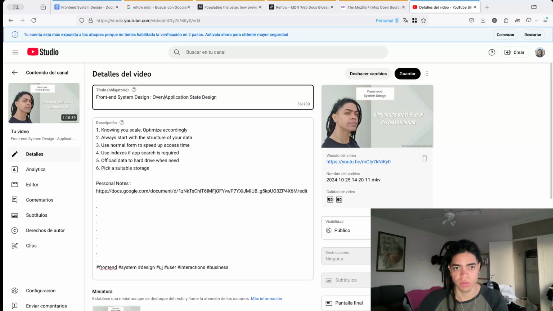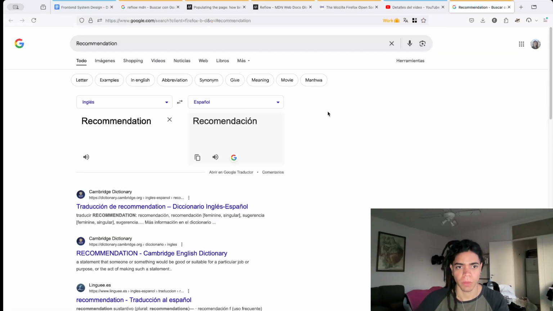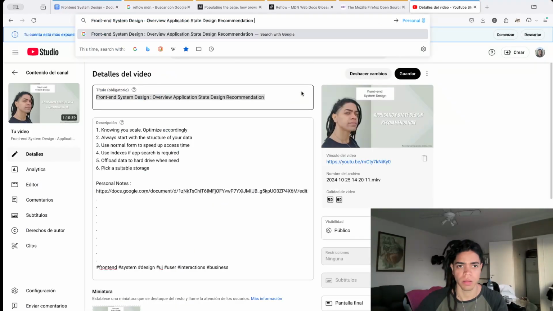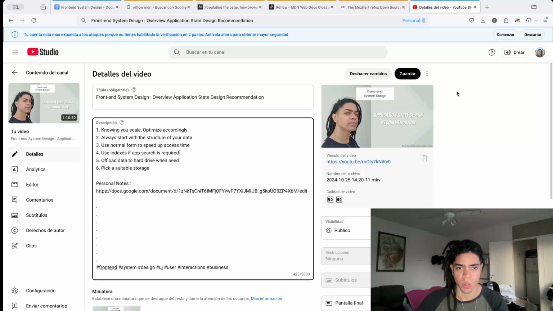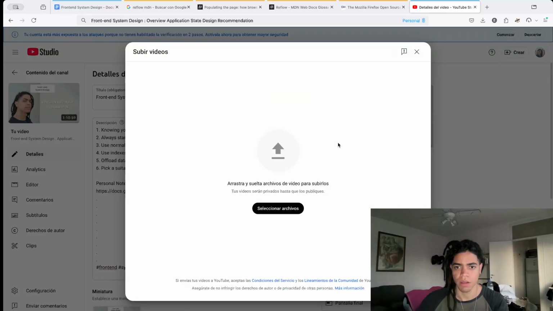So, overview: application state recommendation. Yeah, it's silly, but if you understand that,